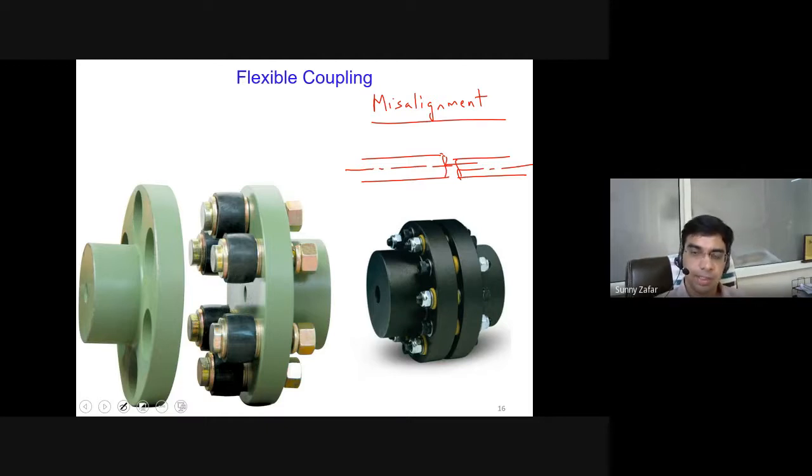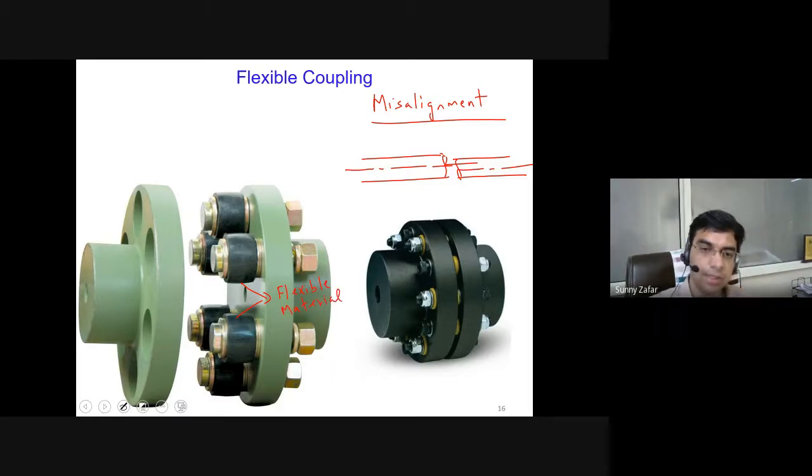Misalignment to a certain extent can be tolerated by the couplings, but misalignment to a larger extent may cause damage to the system because there will be a lot of vibrations and a lot of wear and tear. So in order to have an arrangement which is slightly flexible, we have this flexible coupling, which is somewhat different from the previously discussed couplings in a way that we have a flexible material. All this black material that you see here is a flexible material, say like rubber or leather, which is placed on top of these bolts.